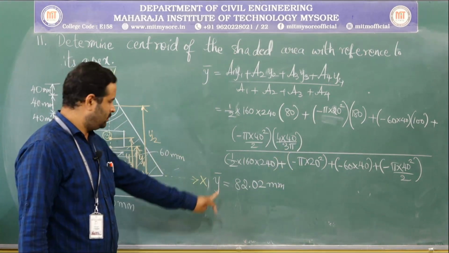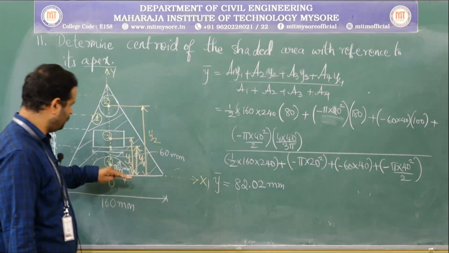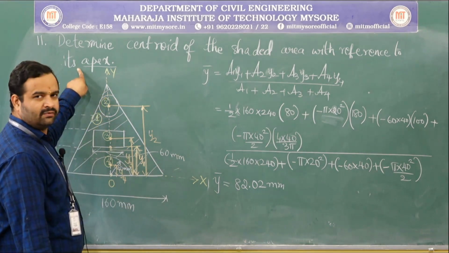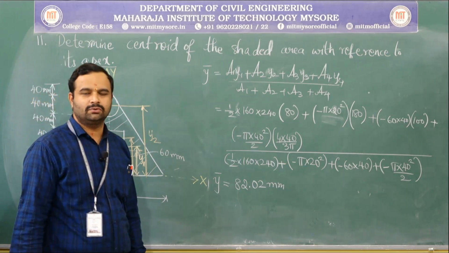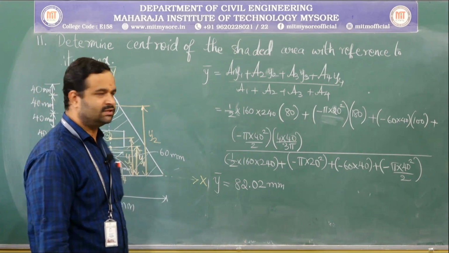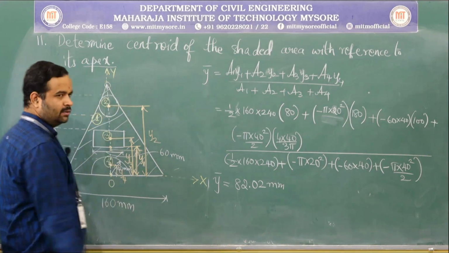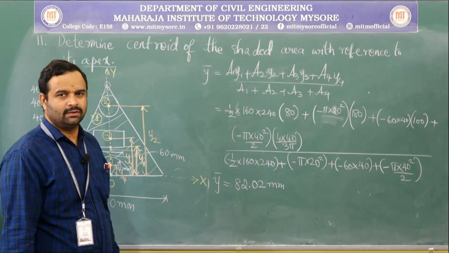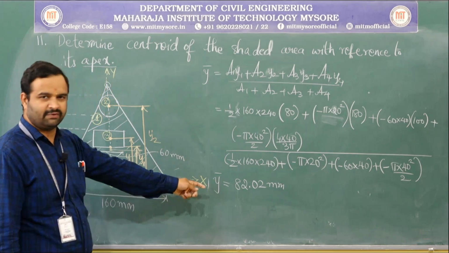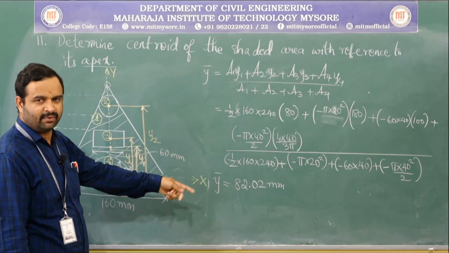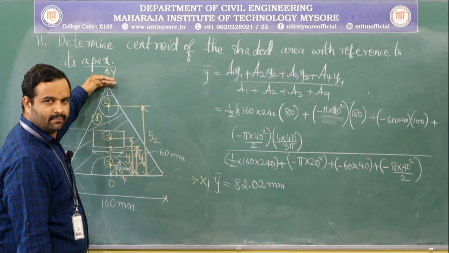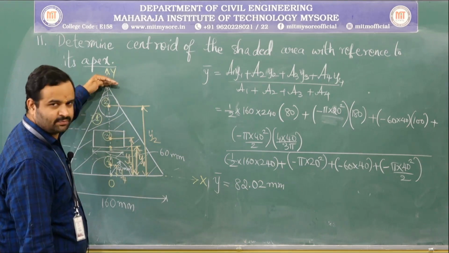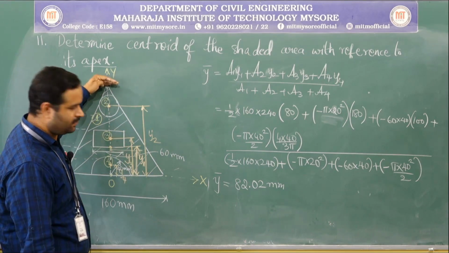So, this is the y bar value from O x axis, but in our problem they had given you with respect to the apex. You need to determine the centroid with respect to the apex. So, the apex of the triangle means this point. So, with respect to this point you need to measure the centroid or locate the centroid. Okay. That means you need to calculate this y bar with respect to this point. But we had taken this axis as a reference. We need to locate the centroid from this point, that is apex. So, that is given by,